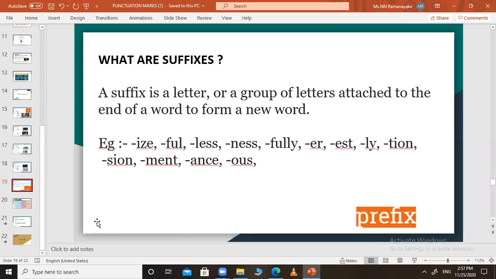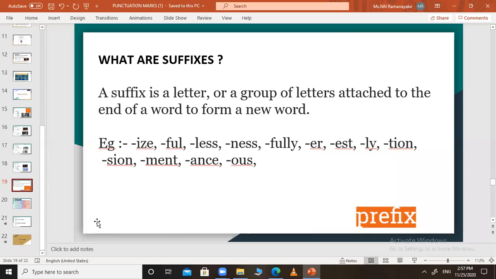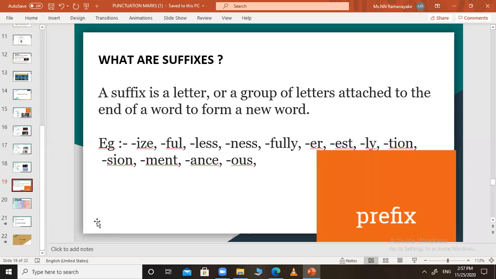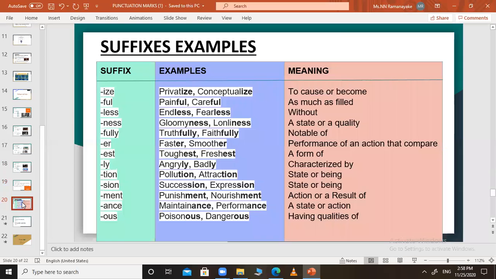Suffix IZE, suffix FUL, full, suffix LESS, less, suffix NESS, ness, suffix FULLY, fully, suffix ER, suffix EST, suffix LY, suffix TION, shun, suffix SION, shun, suffix MENT, meant, suffix ANCE, and suffix OUS. Moving on to the